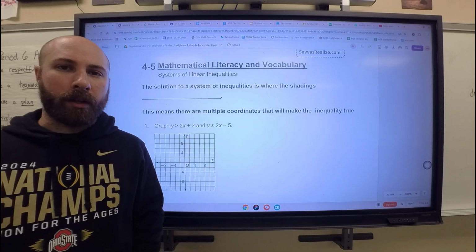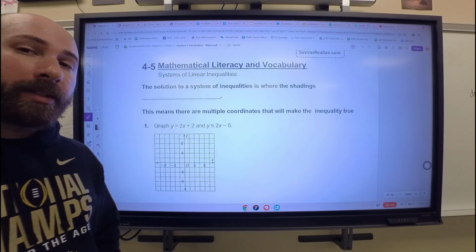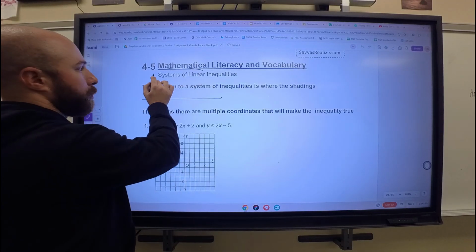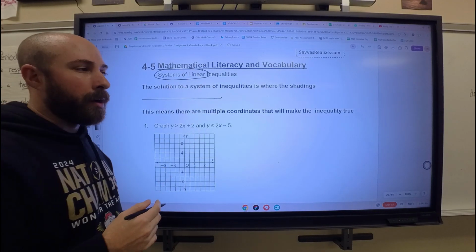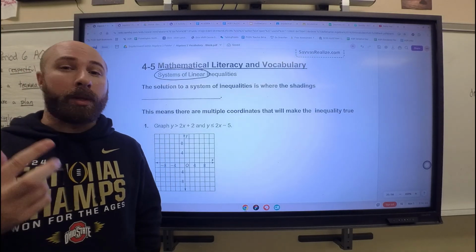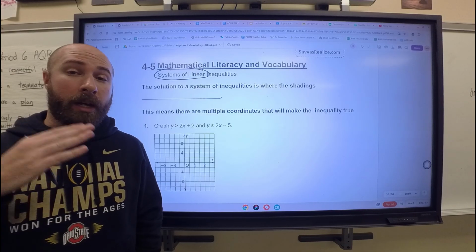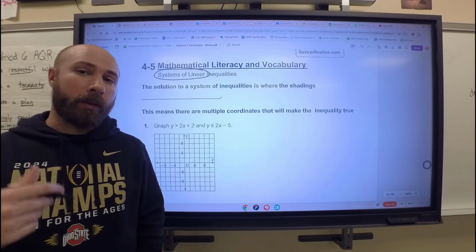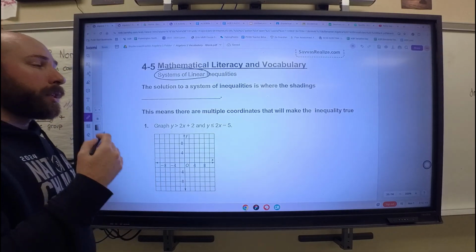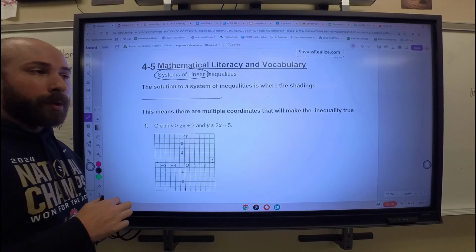We're going to be talking about the last section of Unit 4, which is on a system of linear inequalities. Now, up to this point, we have talked about linear inequalities, graphing a line, whether it's solid or dashed, and then which side of that line we are going to shade, whether it's greater than or less than. Okay? With a system, now if you remember back at the beginning of this unit, we talked about a